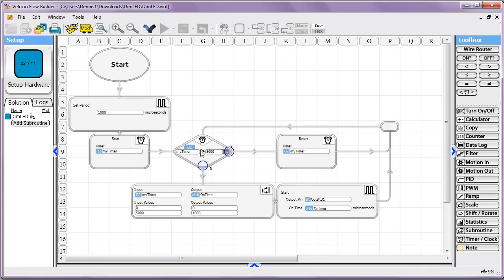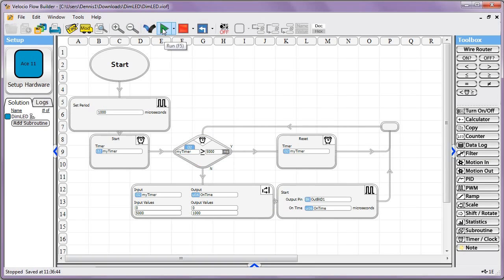So every cycle it'll go through, it'll check is it greater than 5 seconds. If so, it'll go there. If not, it'll go through here, ask the question again, go through here, and the time will keep going up, and that'll cause the on time to keep going up as well. So we'll go ahead and we'll program this,